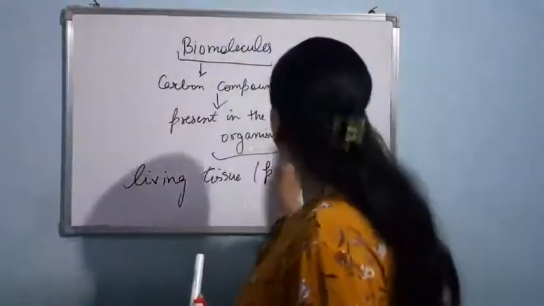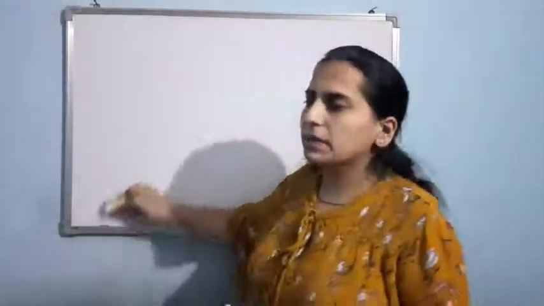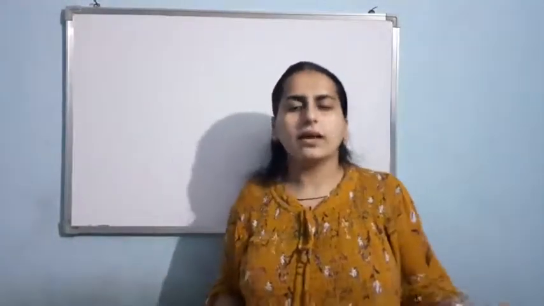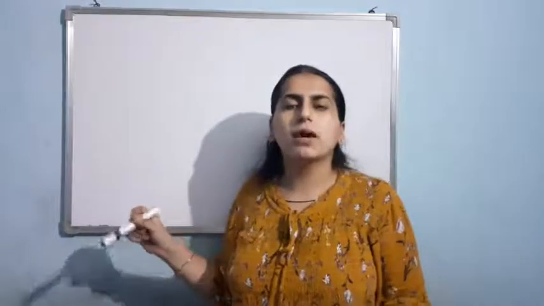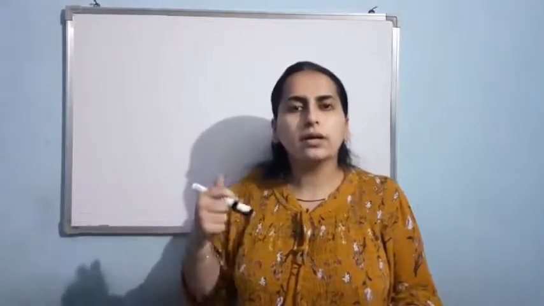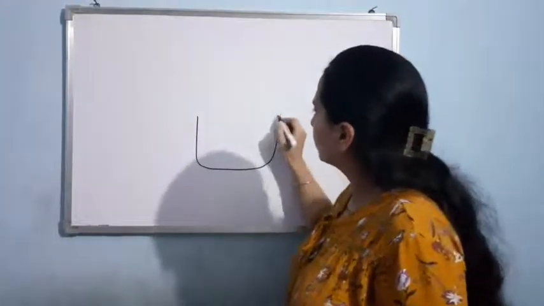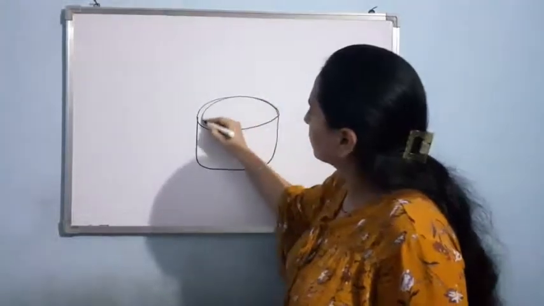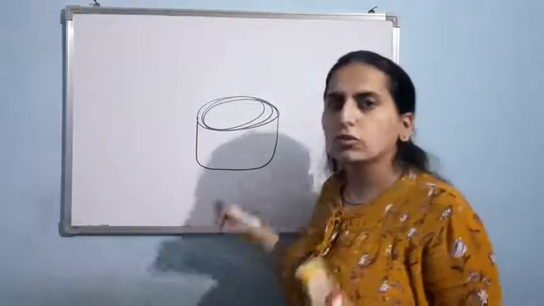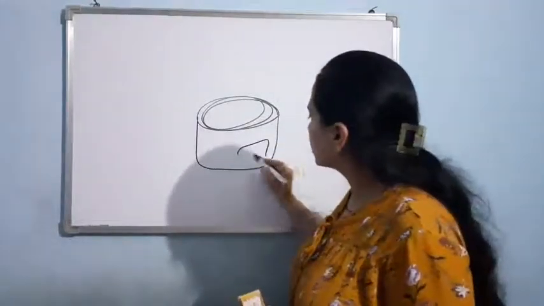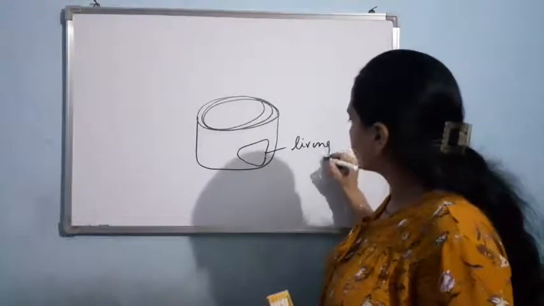Now what we have to do, there is a structure called pestle and mortar. Basically that is used for grinding. At your houses you have seen a mixer used for grinding purpose. In a similar way, in biology we use mortar and pestle for the grinding purpose. Suppose here I am having that. Inside that we have taken the living tissue, any living tissue, maybe a piece of liver.